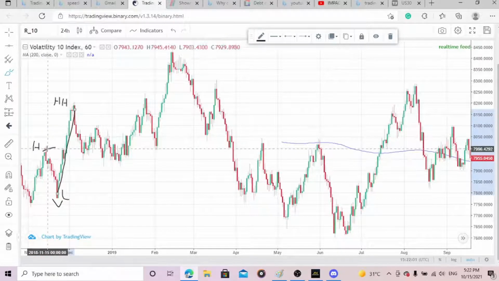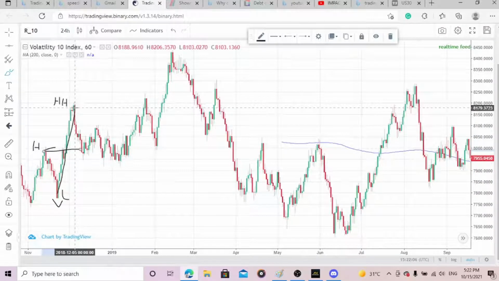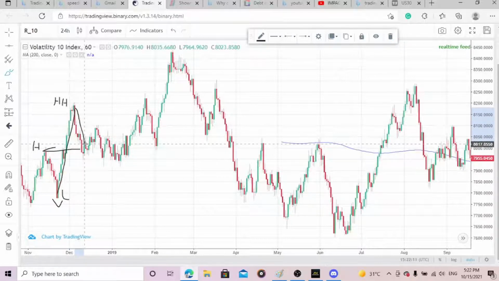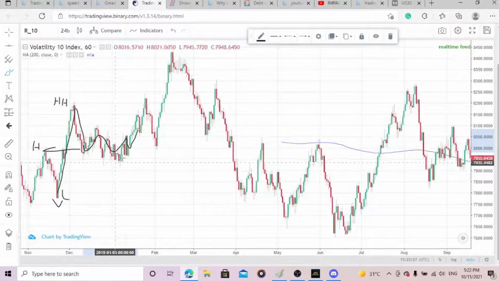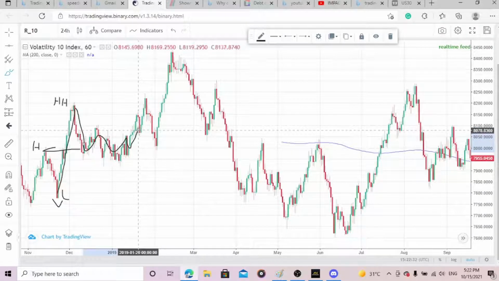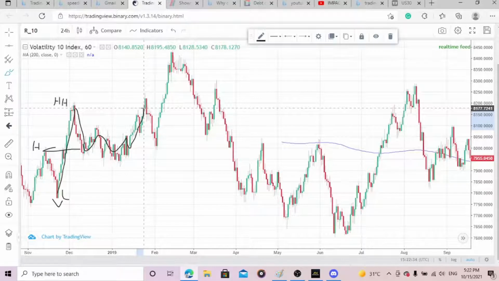up, breaking this low. Okay, and then the market pulled back to retest the previous high. Then it made some sort of a range, creating some sort of an inverse head and shoulders. Okay, it came back up here, so we're expecting the market to break this high, but the